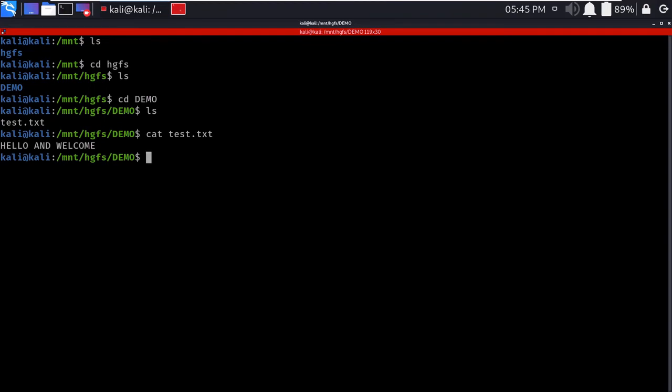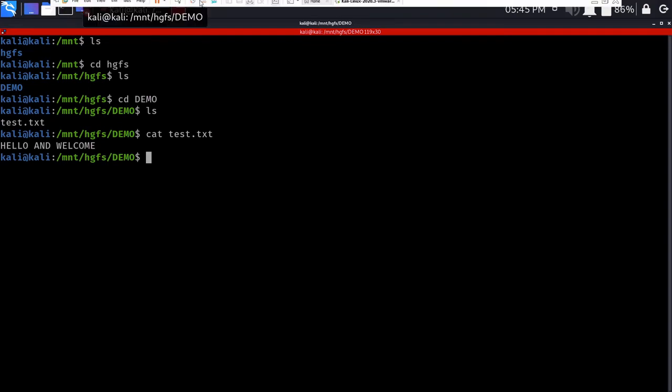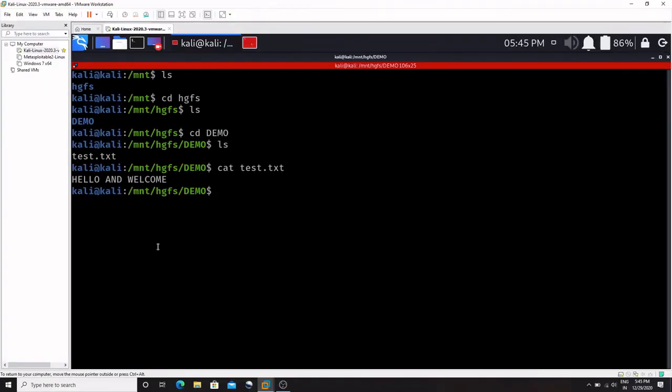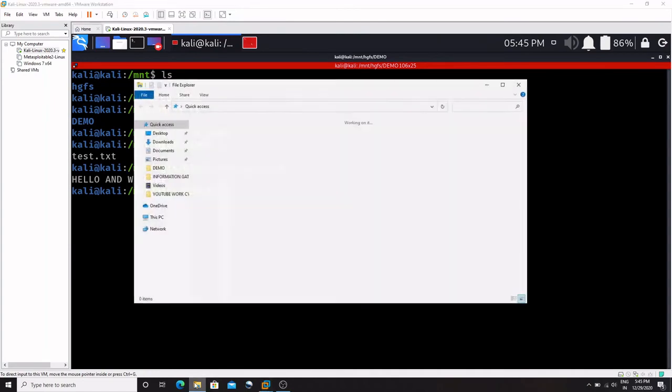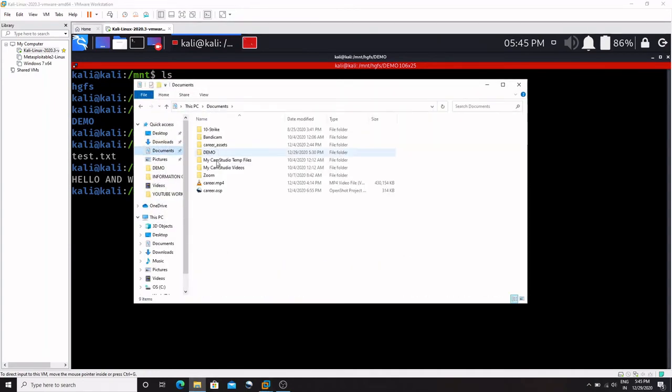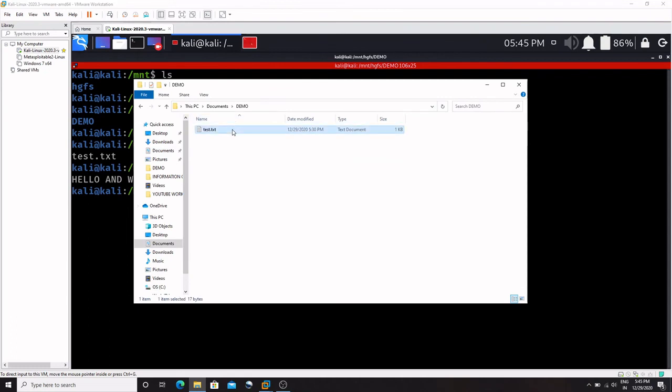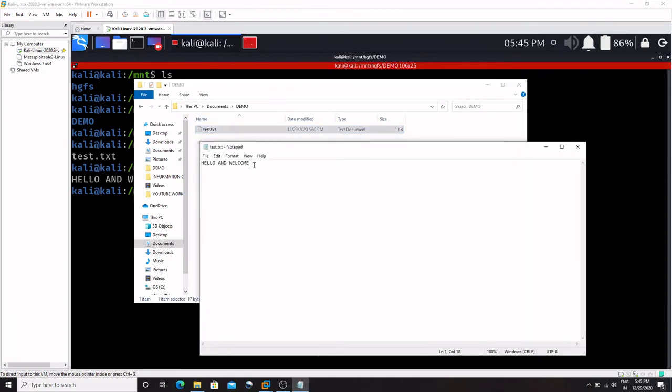Test.txt. The contents are hello and welcome. Let's check in our host operating system what contents we saved. The contents saved were hello and welcome. So our files and our folder are actually shared in our guest operating system from our host operating system.